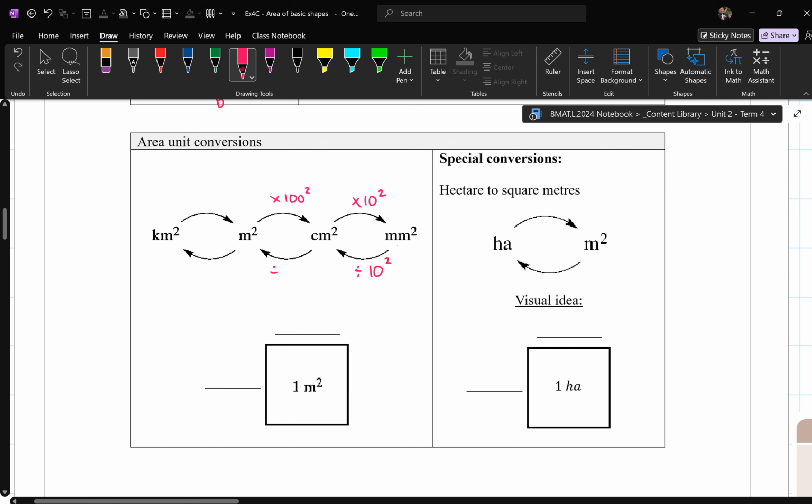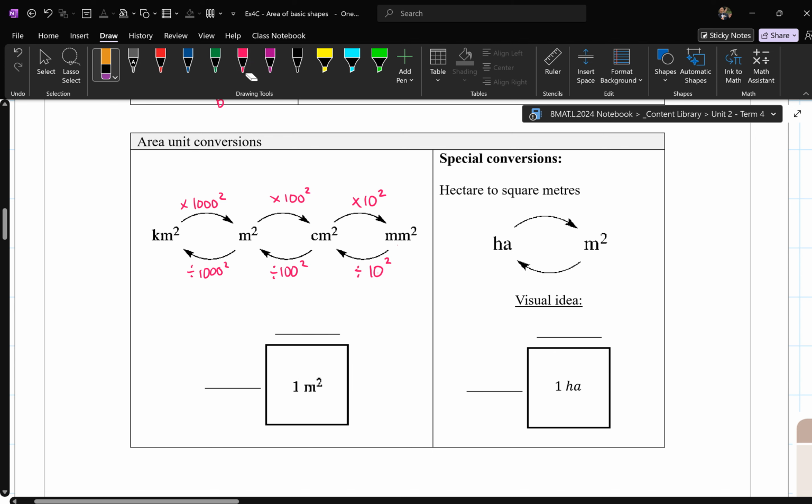So copy these notes down. It's divided by 100 squared. This one is divided by 1,000 squared. This is times by 1,000 squared. Okay? And then over here, just to visually give you the idea of what 1 squared meter looks like, if